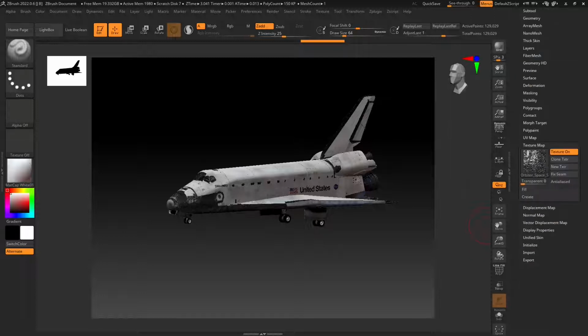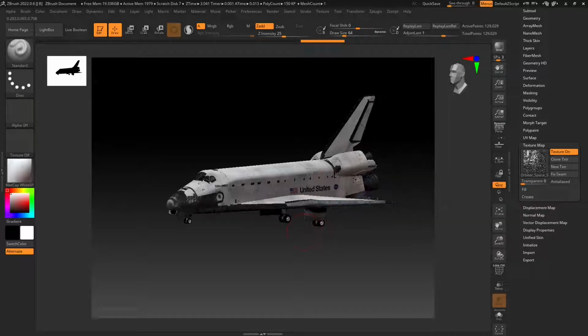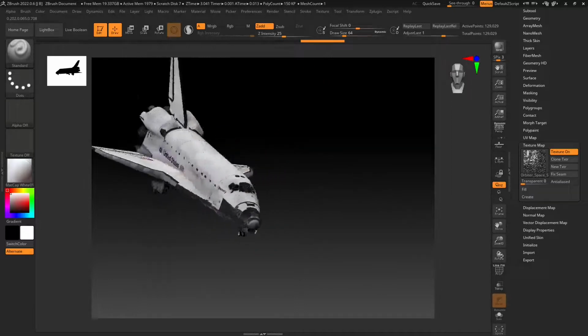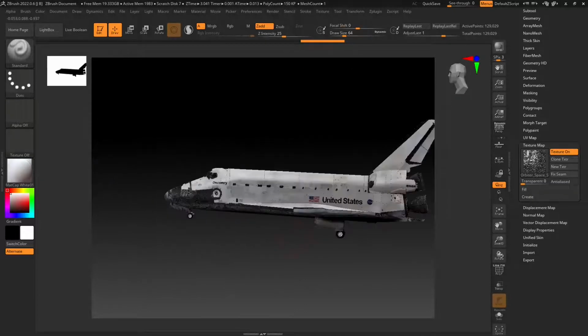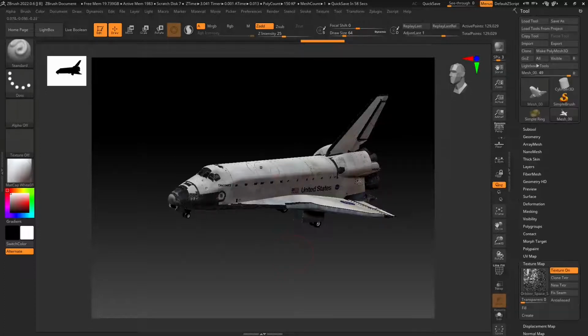But if you go really close, you're going to see a lot of defects because this is, again, photogrammetry. And if you go in the texture map down in the tool palette, you can see that we have a texture which is unwrapped. It's actually more exploded than unwrapped, but this is probably the result of some automatic unwrapping or UV map creation. Now we're going to talk about texture, UV map, and other things about painting later on. I'm just going to show you here that you can access the texture map, you can turn the texture map off,